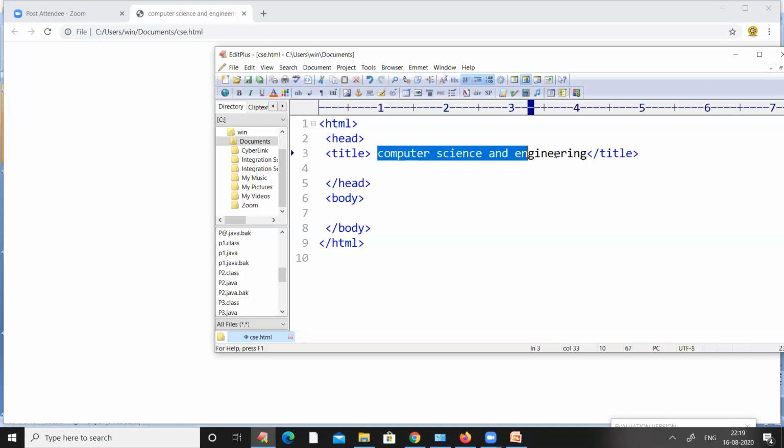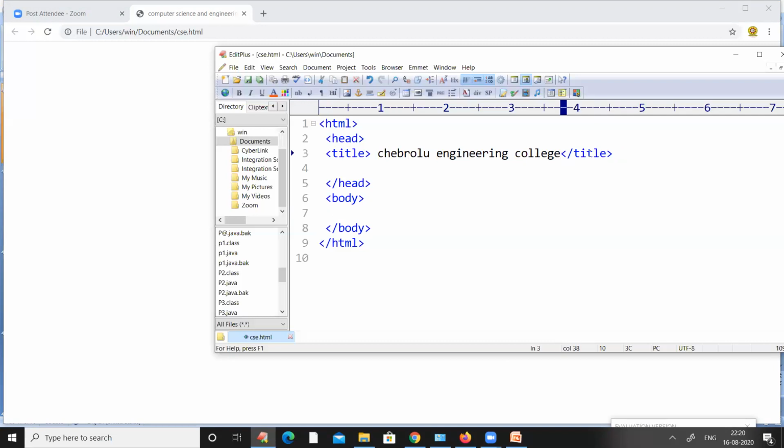Let us try changing this title. I want to change this title to Chebrolu Engineering College. So I changed the title of this web page to Chebrolu Engineering College.